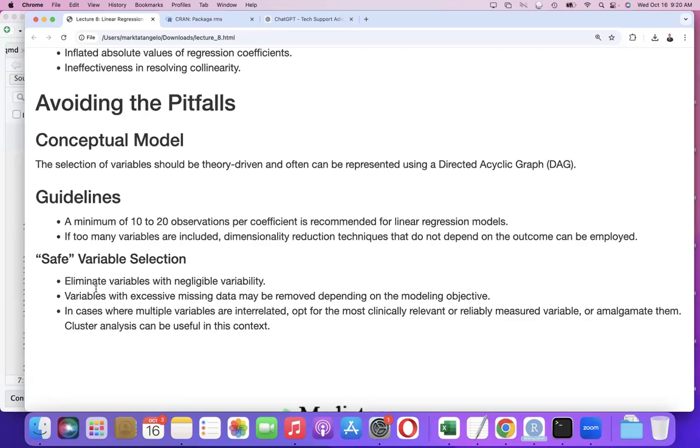And the guidelines, so you want at least 10 to 20 observations per coefficient is recommended for linear regression models. Does anyone know why the 10 to 20 is kind of the minimum? I'll give you a hint. We talked about it in past lectures. What's that magic number that we start to get that statistical property after 10, 20? Anyone remember? Starts with a C. Central limit theorem. Yeah, it is over 30, but you kind of start to get it at